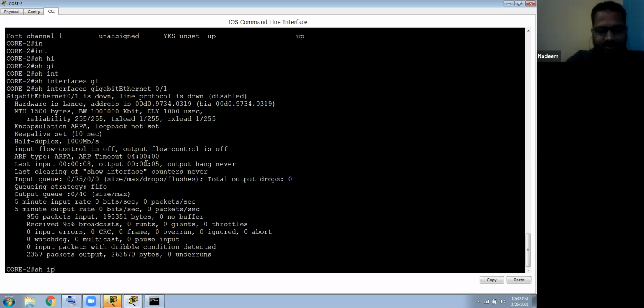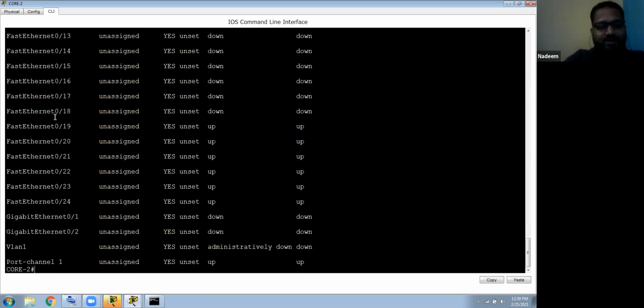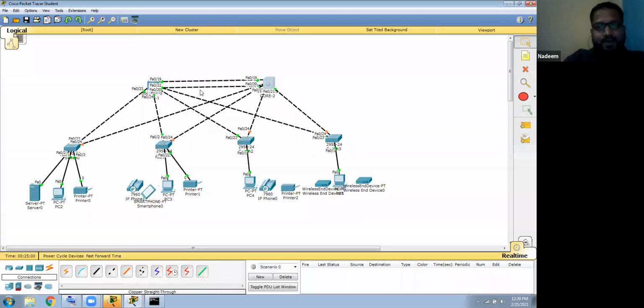And if you see show interface brief, if you see instead of FastEthernet, if you see the Ethernet, it means 10 Mbps. FastEthernet 100 Mbps, GigabitEthernet 1000 Mbps, and you will see 10 gig also. 10 gig means that will be a 10 giga interface. Okay, 10 gig. You have 40 gig also available in the market, very high-end switches. So that is done.